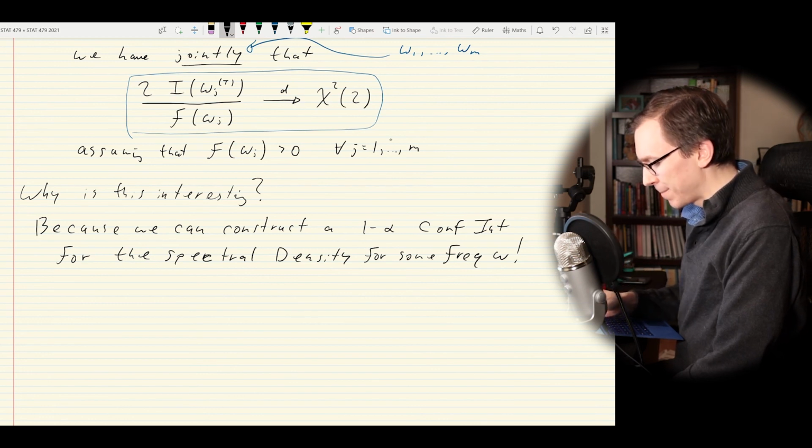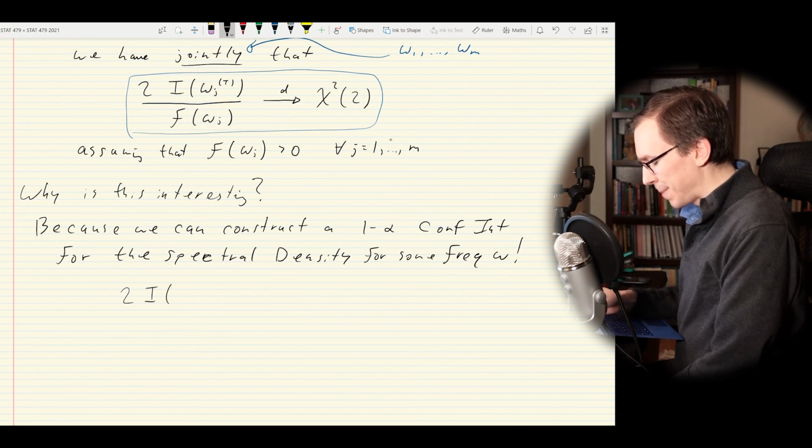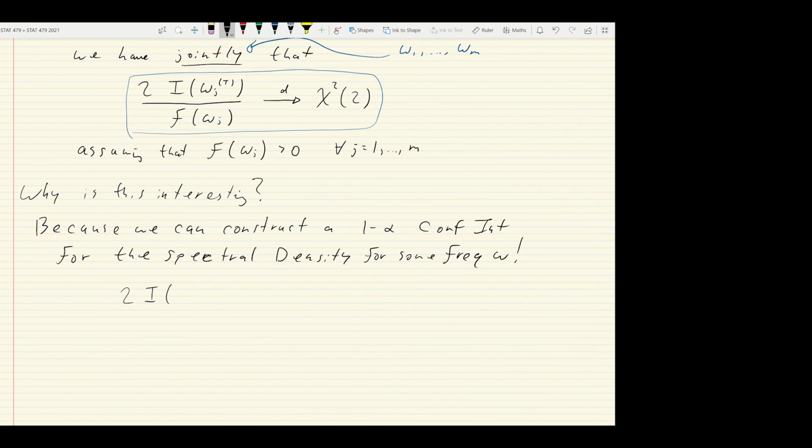We would end up with 2 times the periodogram at some frequency of interest, divided by chi squared 2, 1 minus alpha over 2, is less than or equal to the spectral density at omega, and this is less than or equal to